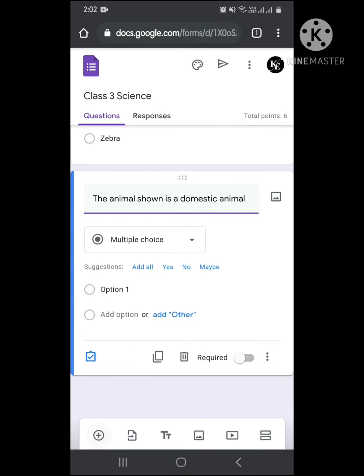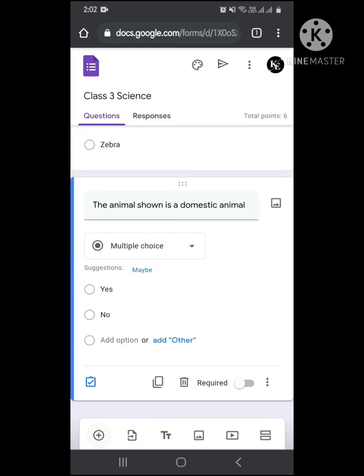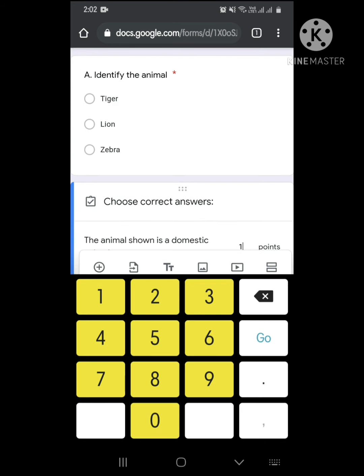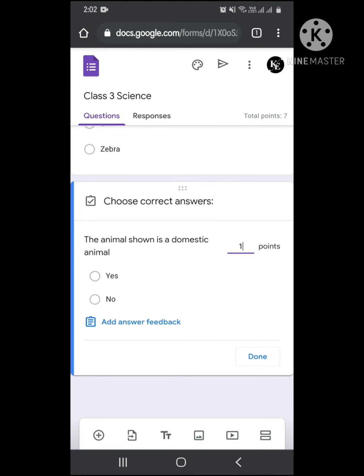So as you can see here it suggests like a yes, no, maybe. So what we can say, we will click on any option like yes and no. So we have got two options, either yes, no. If you want you can insert that maybe also. But here we have two options, either it will be domestic or it will not be a domestic. So it will next required answer key. In answer key again 1 mark. Then we have to select the correct answer.